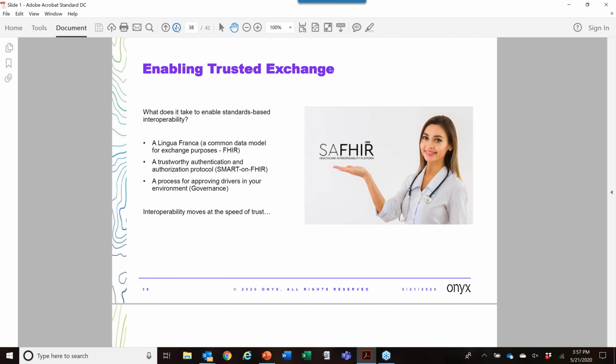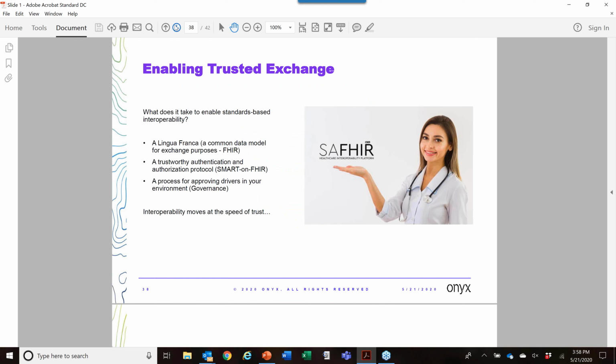So I just wanted to try and reference, as I shared, we've built a public commercial offering to enable payers to meet the CMS mandate and use that as a stepping stone to other interoperability use cases. And really it comes down to three components, three modules. The first one is to have a lingua franca, which we have, which is FHIR. The second is to have a trustworthy authentication and authorization protocol, which works at the individual per enterprise level today,